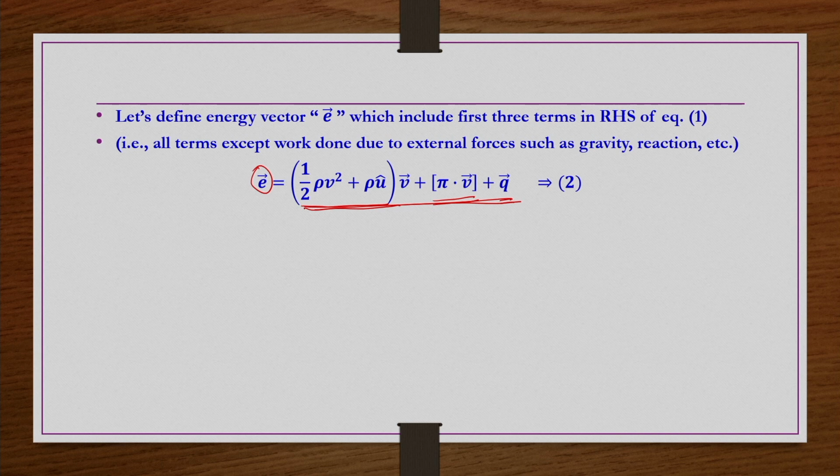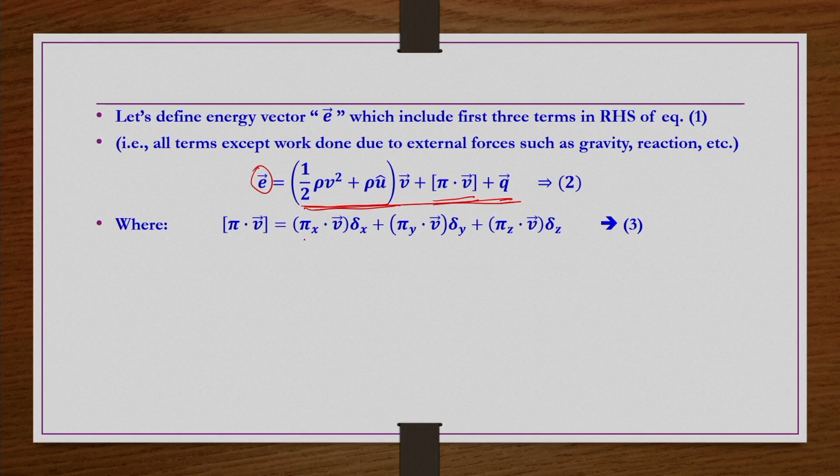It will be a very easy, or simpler, process, rather than writing individual terms entering in and leaving out in all three directions. That becomes very complicated, and then so many terms would be there. If you miss out any term, or anywhere in place of plus you write minus, or in place of minus you write plus, things may become very complicated and confusing. That is the reason we can have an energy vector defined like this.